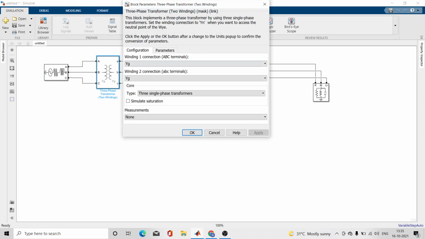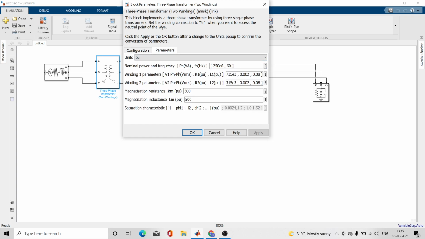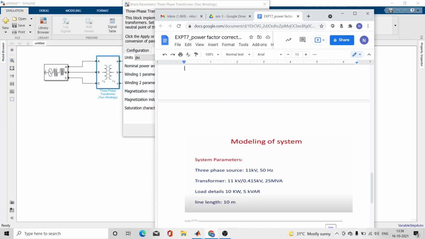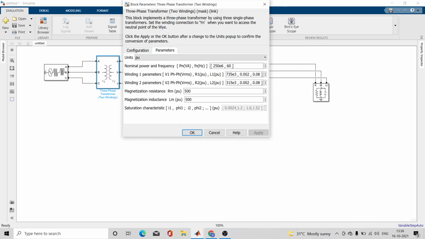For the three-phase transformer, you will not change this, you will change parameters. Let us see what is the value of power. You can see my three-phase transformer is 11 kV and 0.415 kV or 415 volt, and 25 MVA is the power. So here the power is 25 MVA, and frequency is 50 hertz.